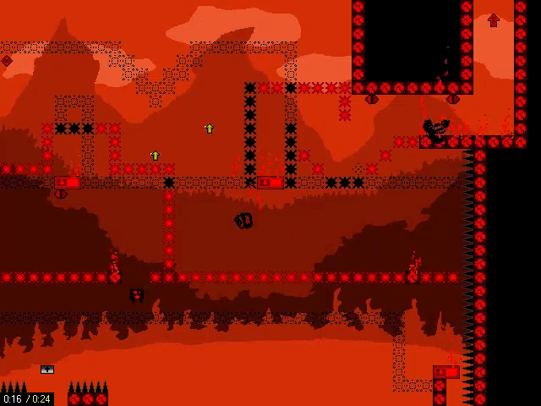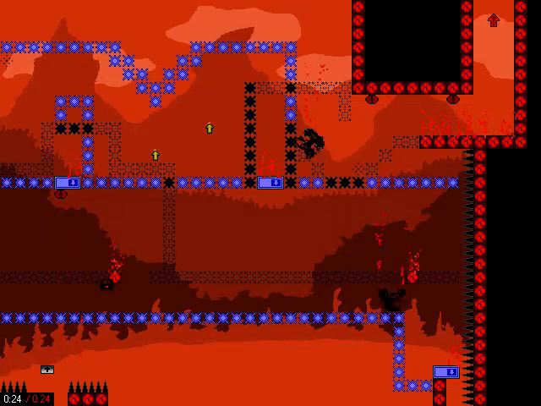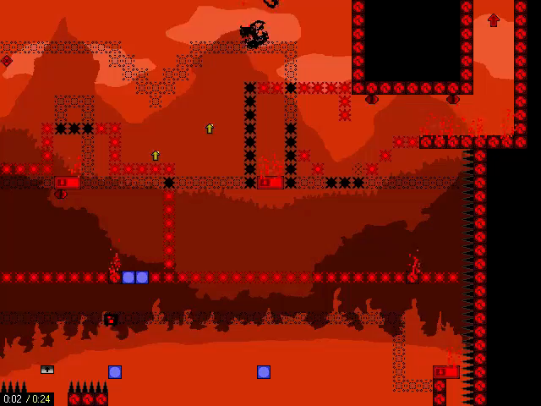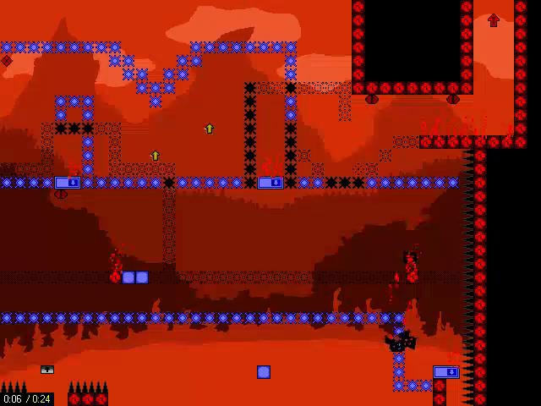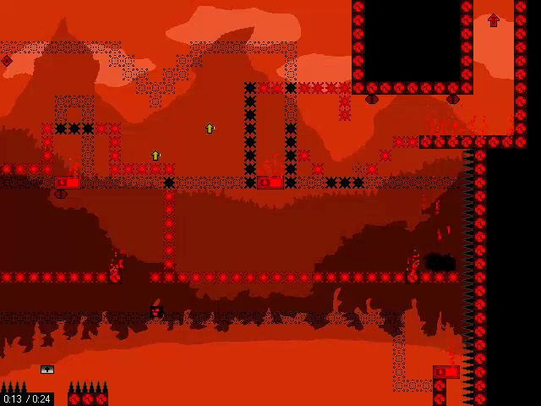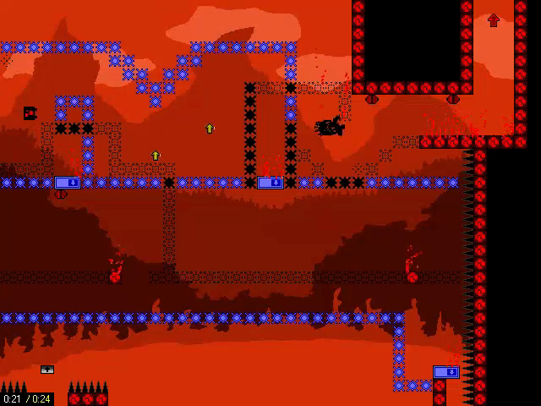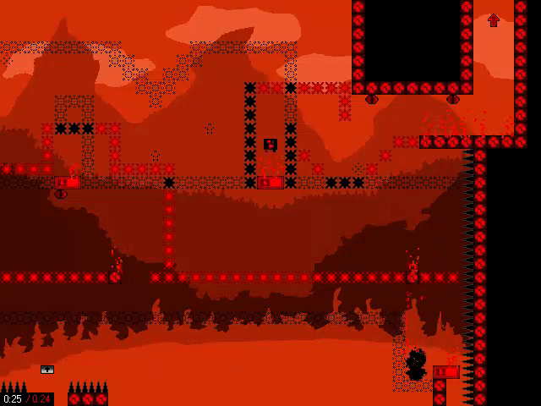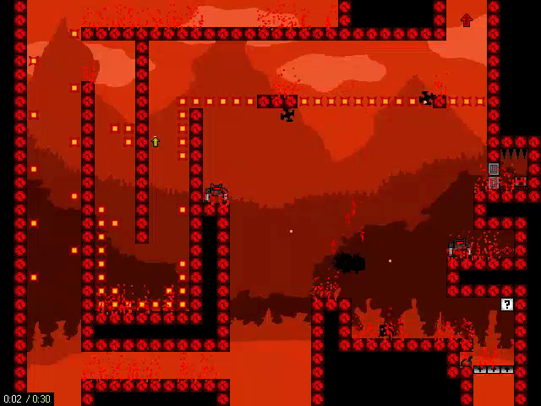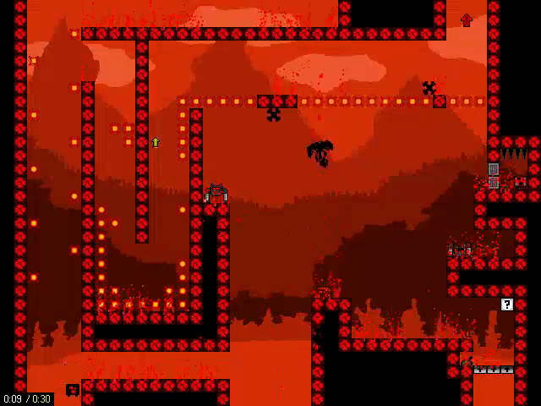Oh, jeez. Oh, wow. Yikes. Spikes. So this you don't even need to release the Ogmo bot for. You just have to kill one evil bot. I think you have to kill it, I'm not sure. Maybe...